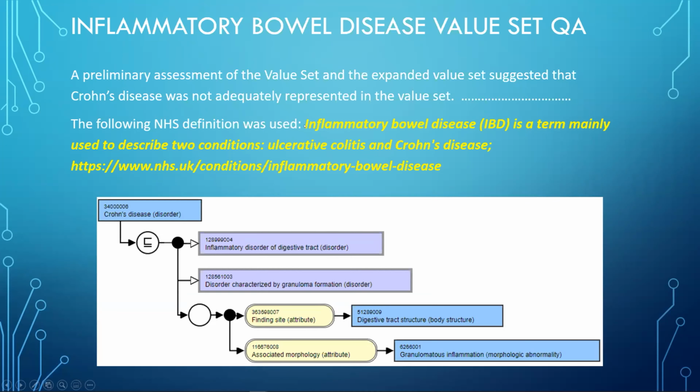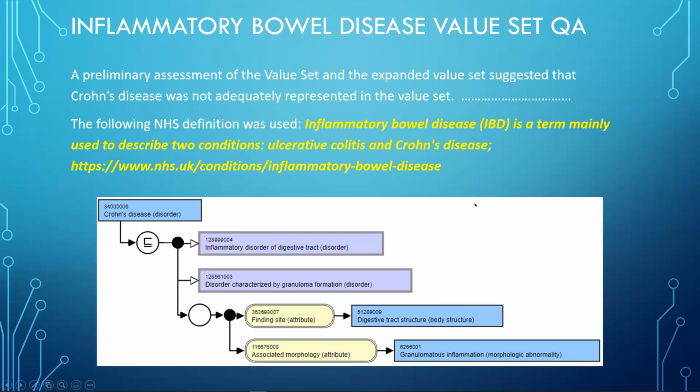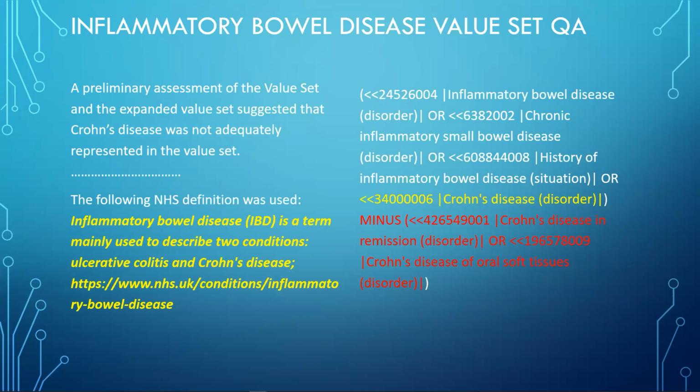We decided that the best way of dealing with it was to use the NHS's own definition of inflammatory bowel disease, and as a consequence went back to that value set and decided that we needed to modify it. Essentially what we've done is added Crohn's disease. We didn't go back and add inflammatory disorders of the digestive tract, because that brings in far too many additional concepts which are not relevant to this, including things like